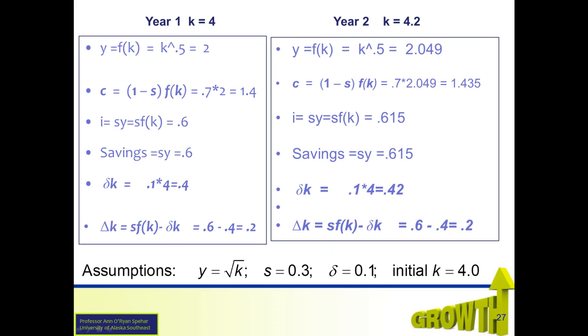Here I have calculated the first 2 years of capital accumulation using the equations from the previous slide. Notice importantly that each year you must calculate all equations based on an updated capital stock variable K. Be sure to add delta K, calculated from the capital accumulation equation, to the initial capital stock K. So in year 1, capital stock is 4, but in year 2 it is 4.2, since the capital accumulation in year 1 is 0.2.